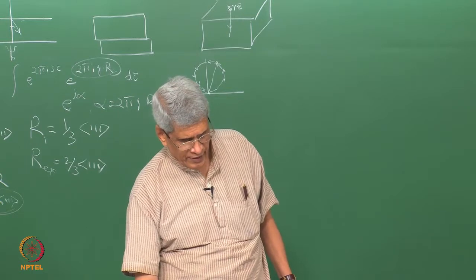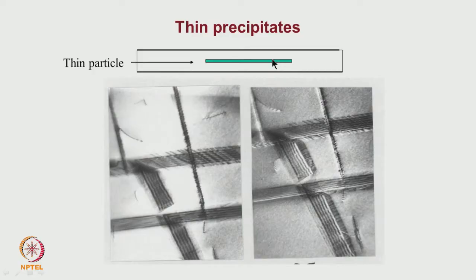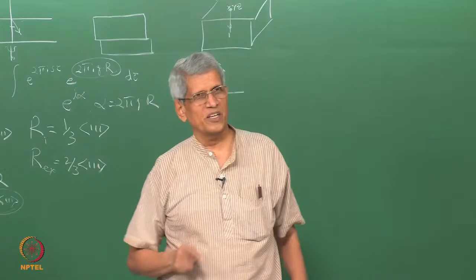Okay, this is essentially a thin precipitate. If I take it, the precipitate also may be 1 or 2 layers. That precipitate, what it does, is the beam which enters here to a beam which comes down, it may be introducing only a small phase shift. If such a phase shift is introduced, that will manifest itself as a fringe contrast. This is one case which comes from a precipitate. Here also you get a fringe contrast. So, there are various reasons why you get a fringe contrast.